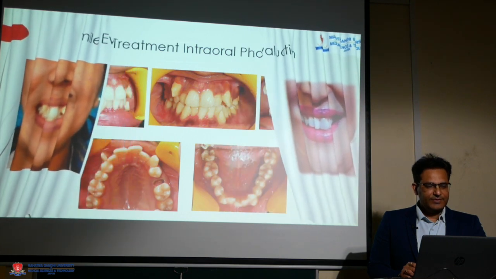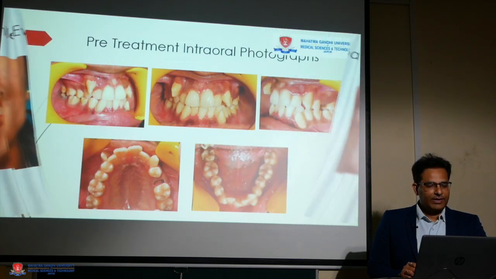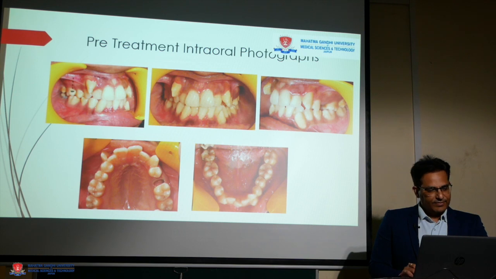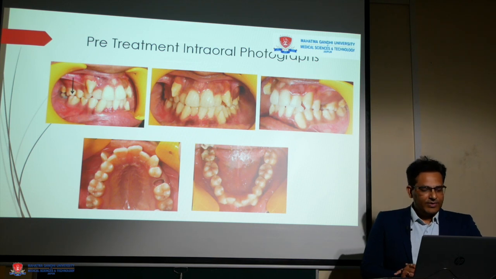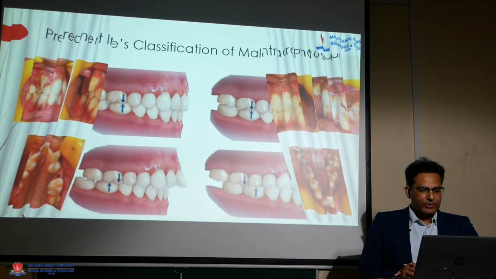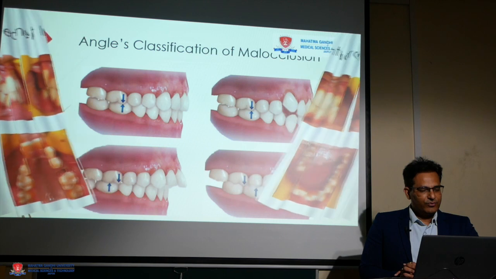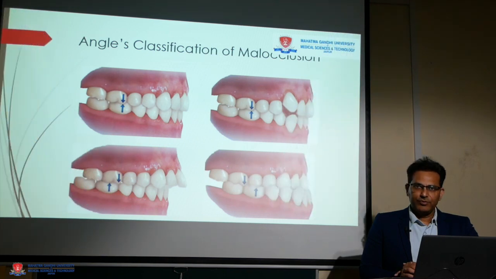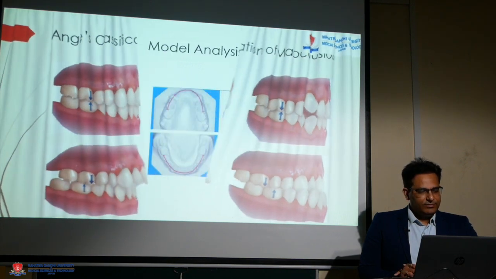After the smile is evaluated, we go intraorally and check the dental features. The arrow here indicates the mesiobuccal cusp, which is a major determinant when we go ahead with Angle's classification, the most popular way of classifying malocclusion. According to the classification, the mesiobuccal cusp falls in the mesiobuccal developmental groove of the mandibular molar, and the situation is different in class 2 and class 3 malocclusions.